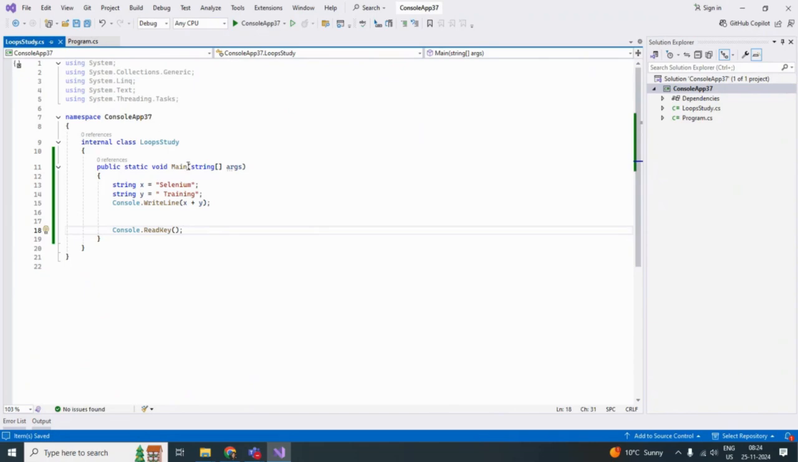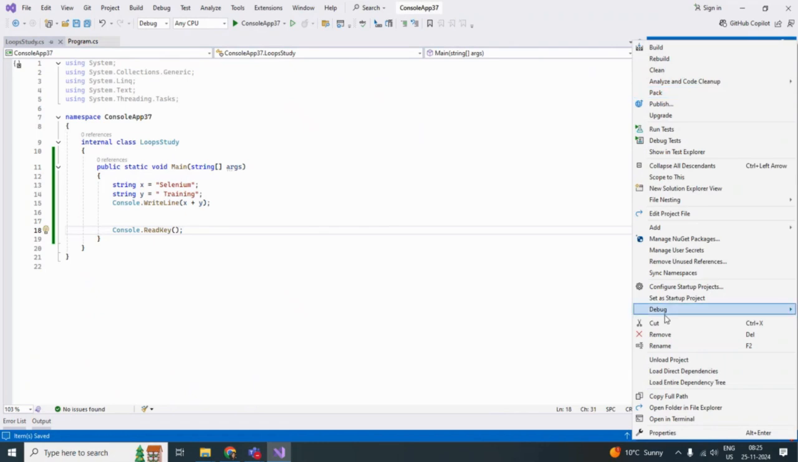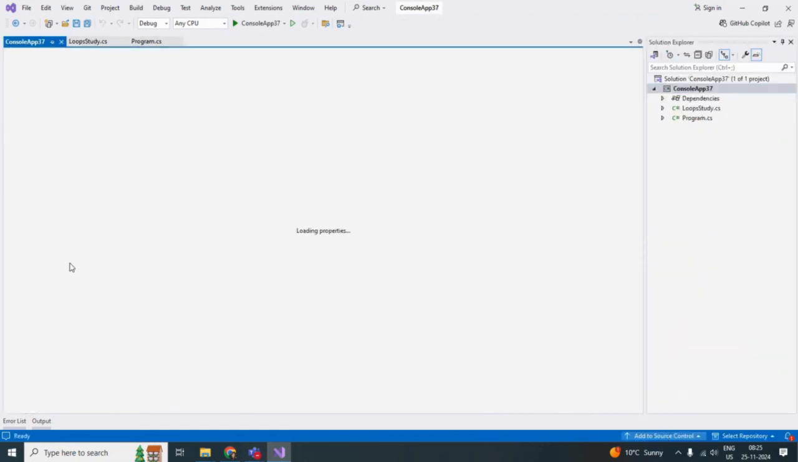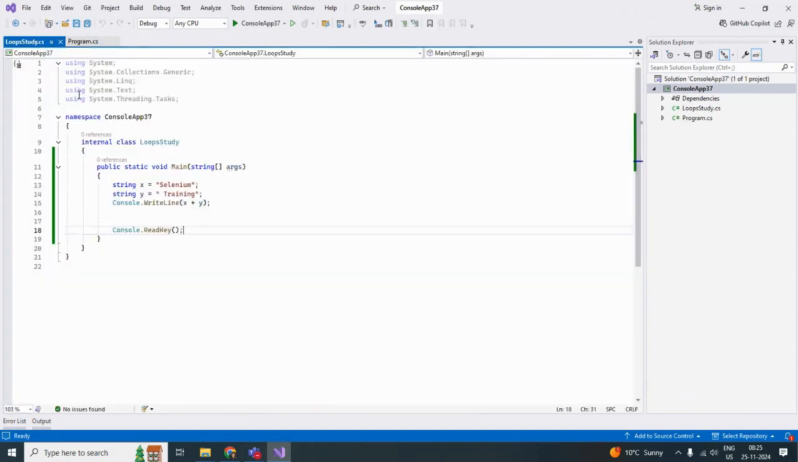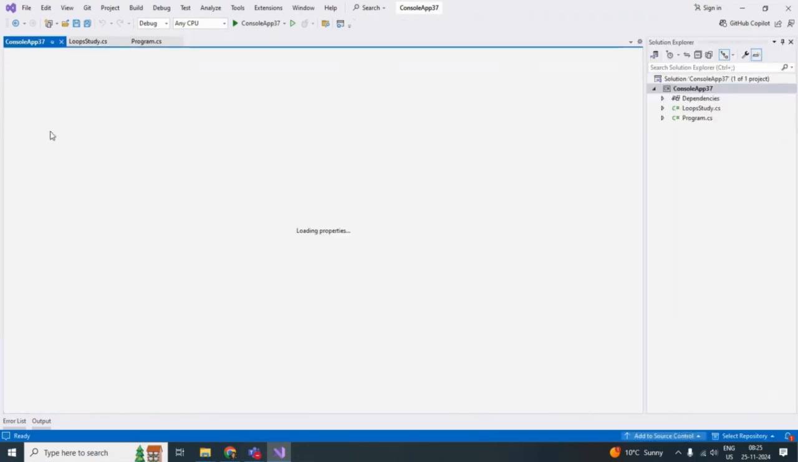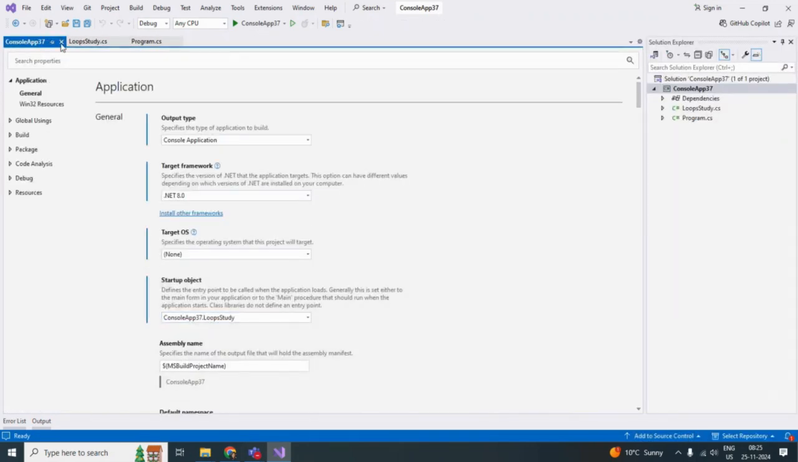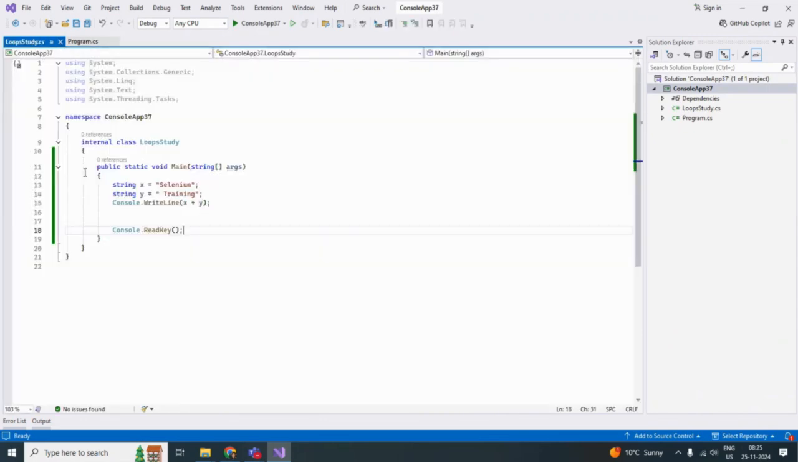Now if I want to make this class my startup class, what do I have to do? I have to go to my project, right click on it, go to properties, and then here under startup object, I have to select my current class, loop study. Then just close it. Always remember this when you make the startup class. Now if I run this,